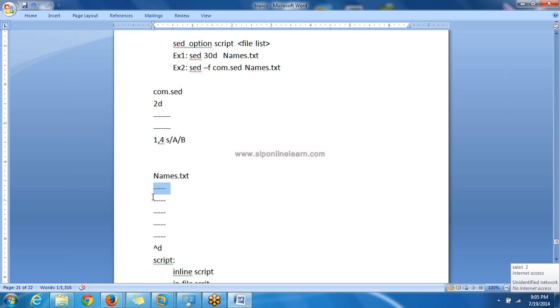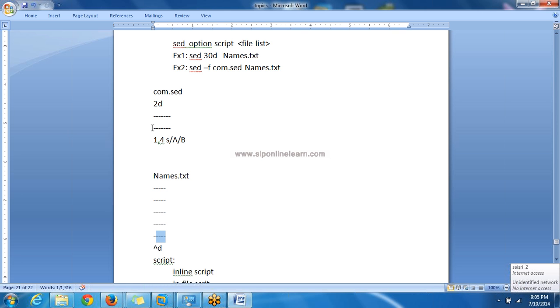Next, it will take the second line and execute this second command. If a match is found, then display the result after completing the editing. Next, it will take the third line, fourth line and fifth line. This process will be completed till the end of file.